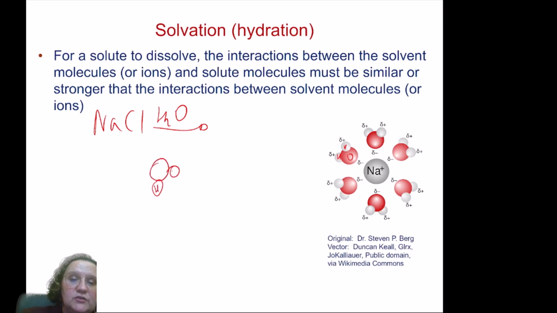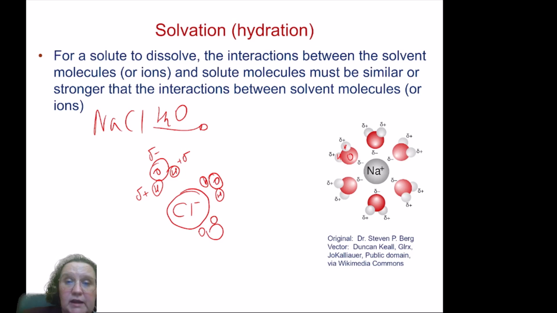you've got the hydrogens here, and the oxygen, with the partial negative charge in the oxygen and the partial positive charge in the hydrogen. It comes around the chloride ion, but it orients itself with the hydrogens pointing towards the chloride ion. So because you have this polarity in the molecule of water, because there is a separation of